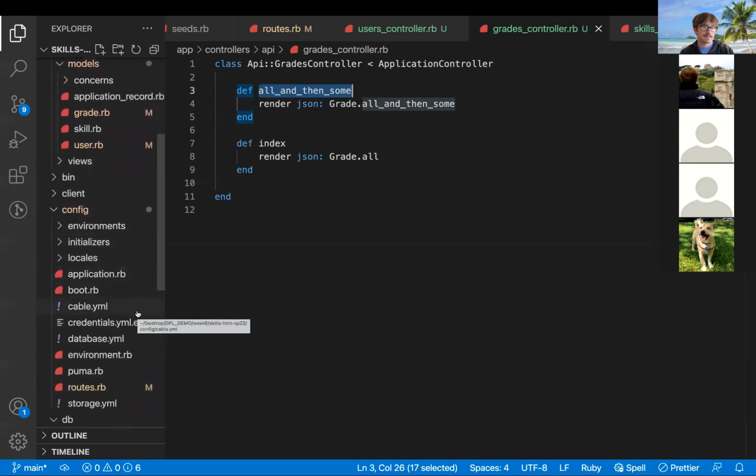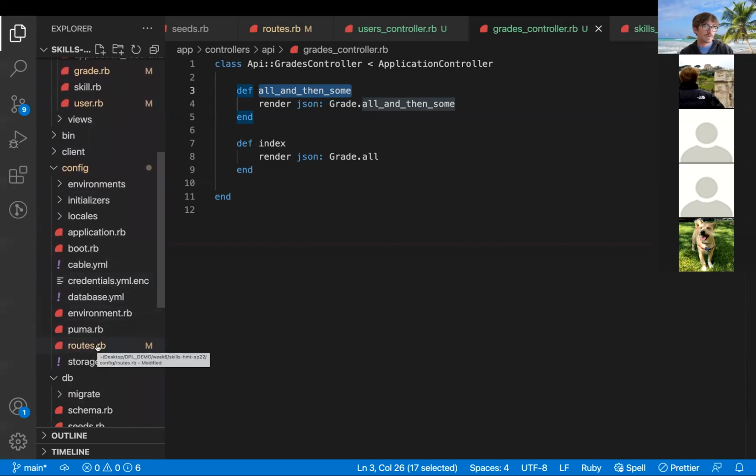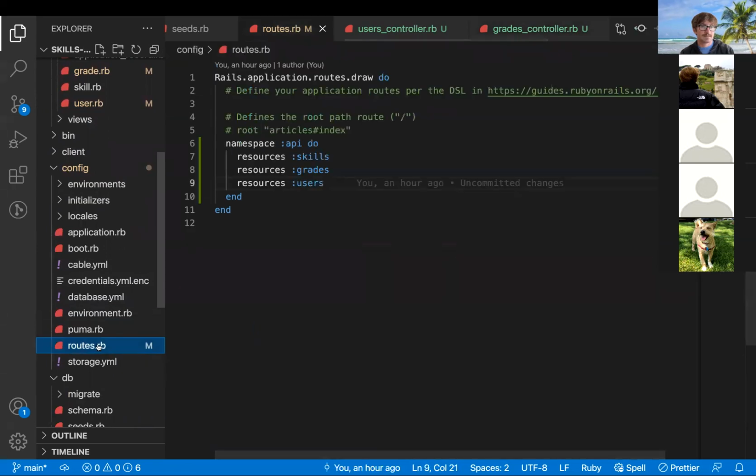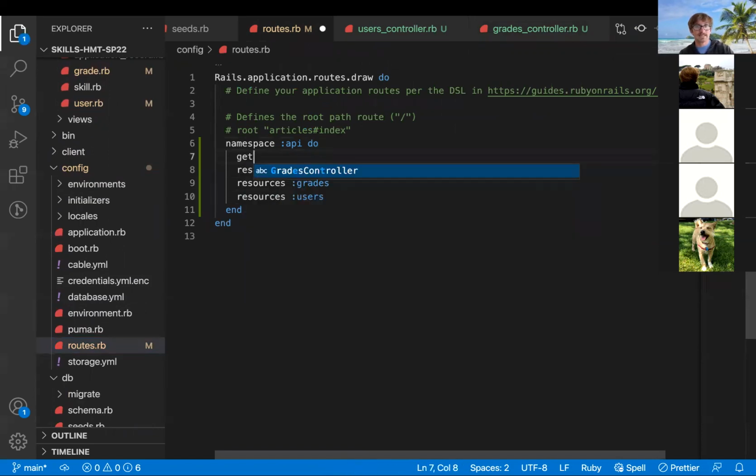You need to put that in your routes, right? Yeah, I need to now go declare a route for this. No longer can I use the conventional name, so now I do need to know how to declare my own. I'm going to do a get request. Let's just do a different name. Let's call it all-yo. That should go to my grades controller,